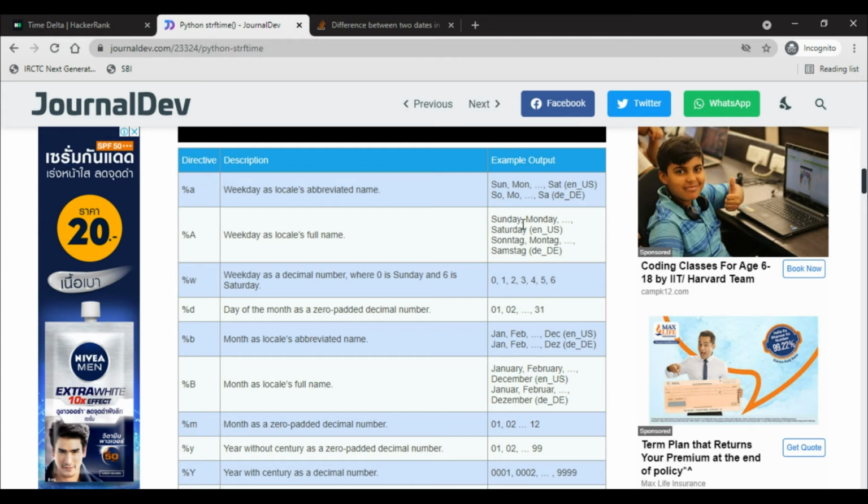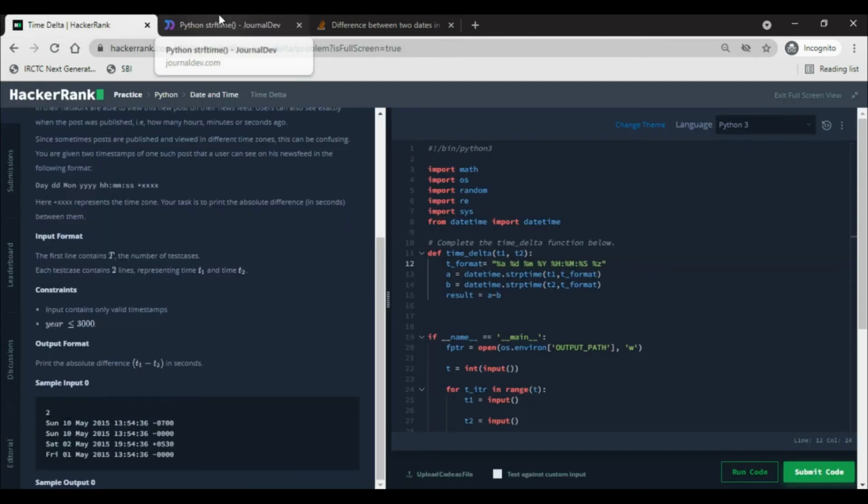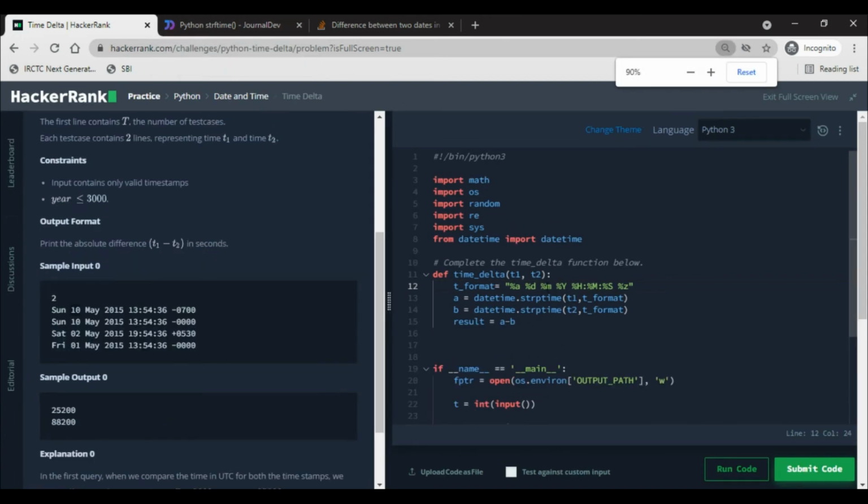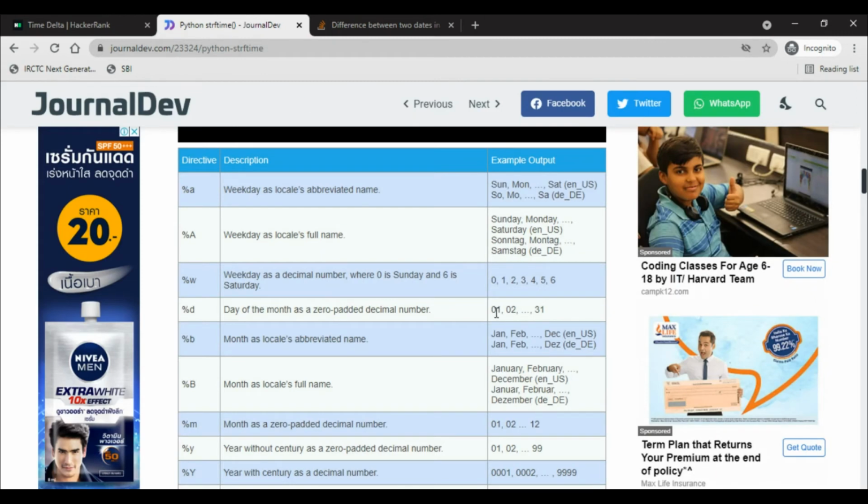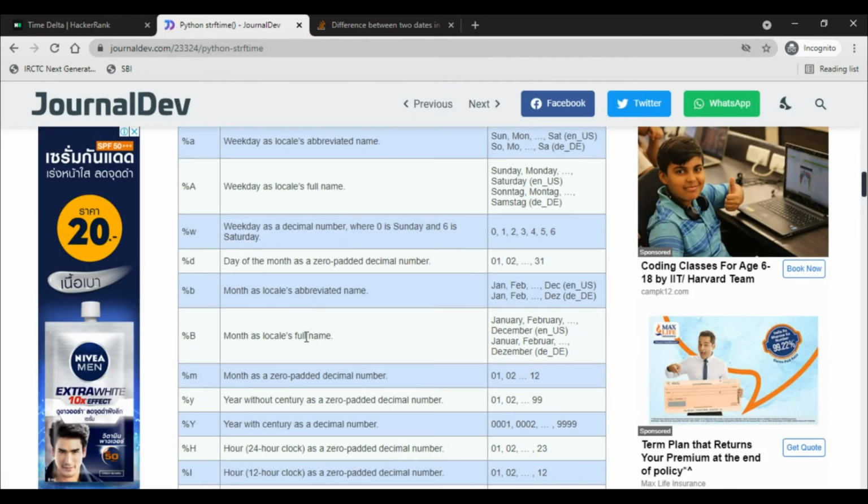Day of month, percentage small d. Is it correct, like day, month, zero padded? We want, yeah, small d. Month is a small m.